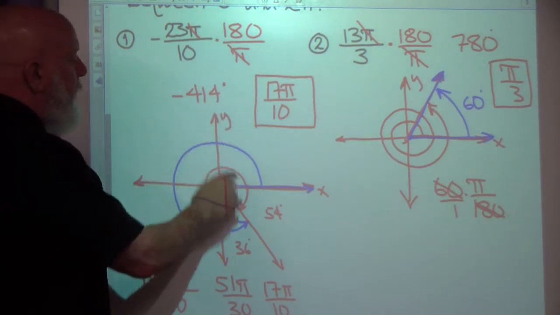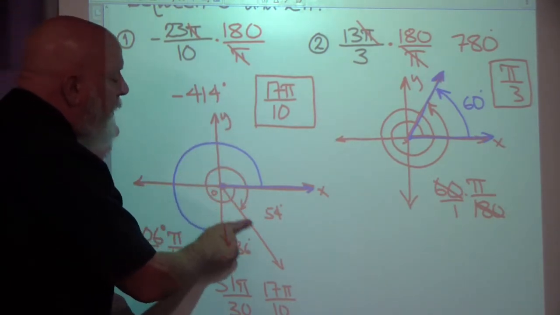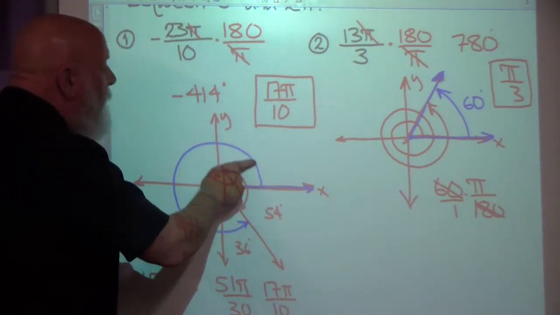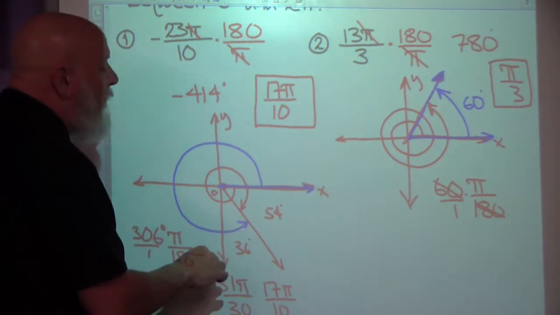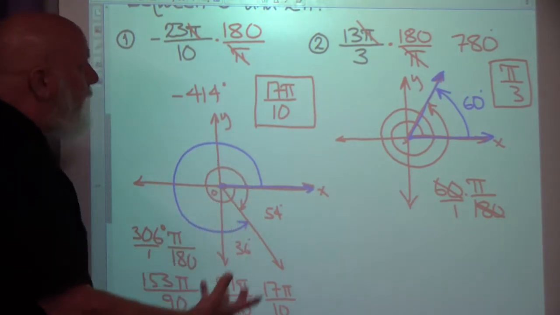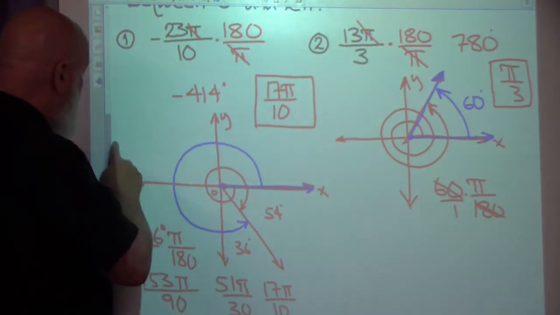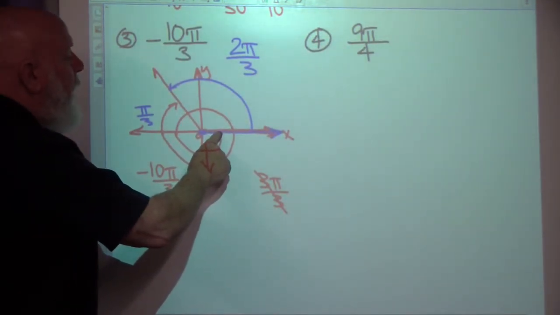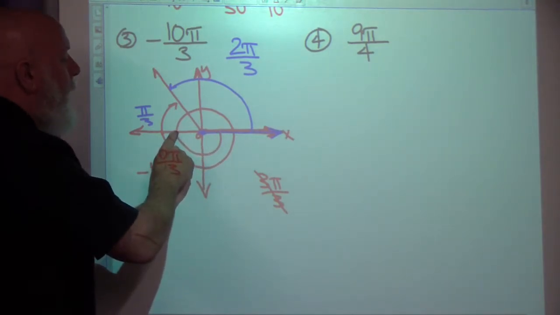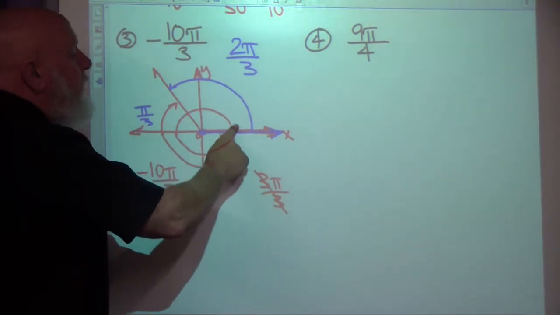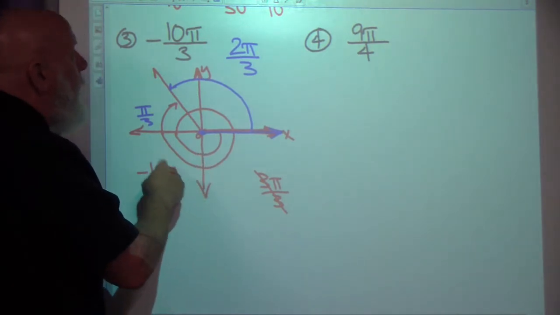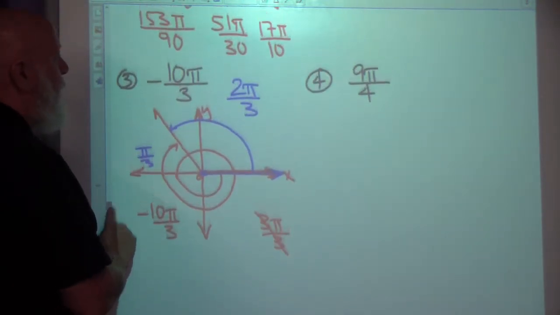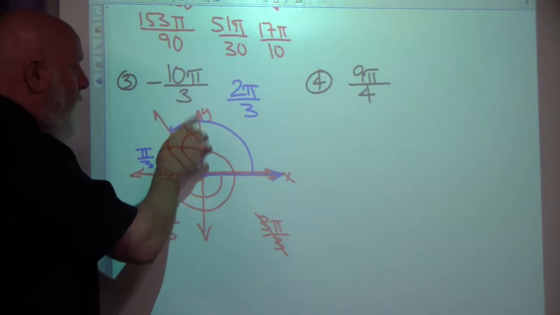Convert to degrees, and then determine where the terminal side is going to lie, then determine the degrees for the coterminal angle, and then convert that back to radians. You can do it that way, or you can do it by just counting by radians, remembering that 180 degrees is pi, 360 degrees is 2 pi radians, and if we're given thirds of pi's, we've got 10 thirds of